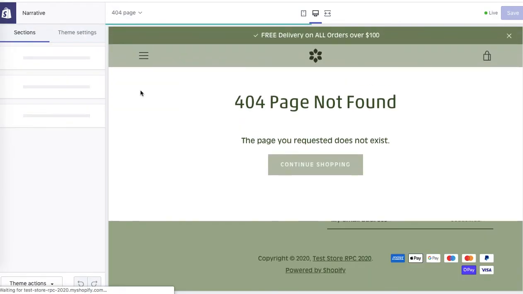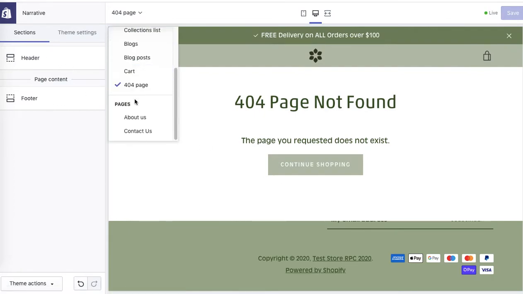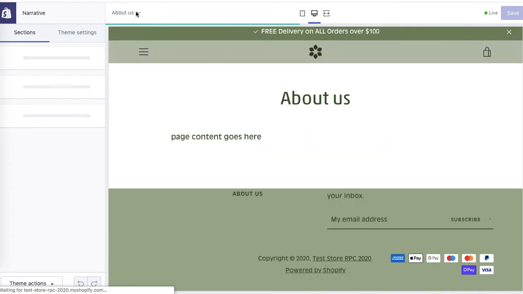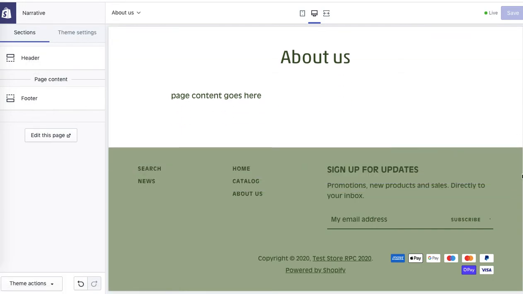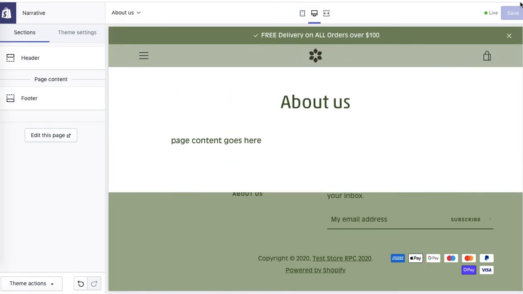404 page, you can only edit the header and footer area if you wanted. About Us page and Contact Us page is pretty much the same. You can also edit header and footer areas, so you can customize to show perhaps different menus on the pages,